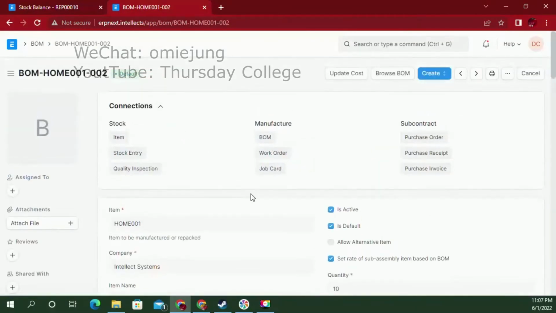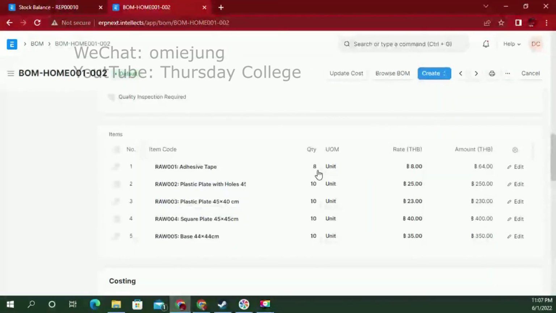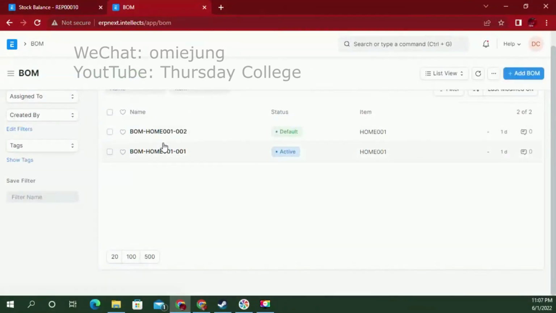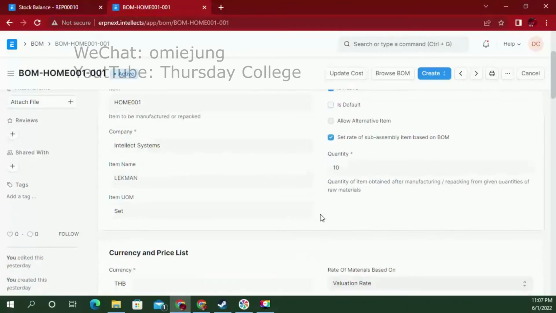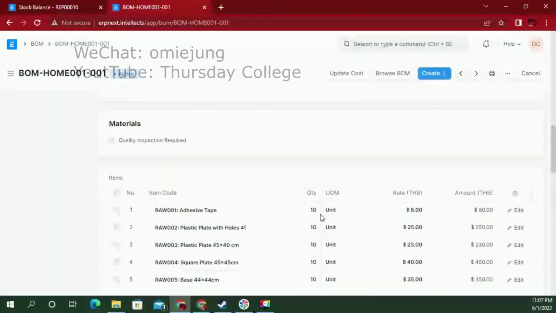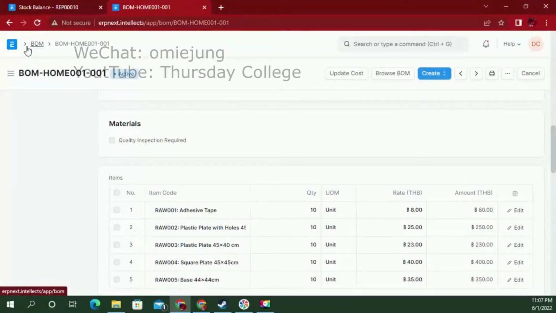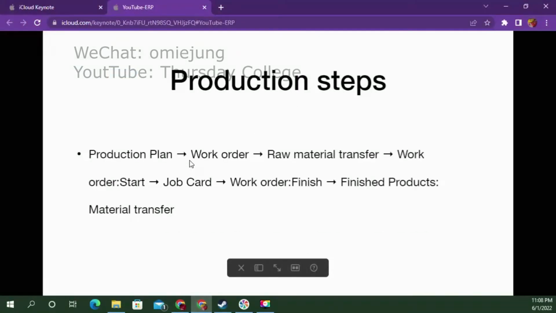This one is the BOM that needs to spend only 8, and this is the old BOM that spends 10 units. The last time, we needed to reverse the operation, but we cannot reverse it by just reducing the raw material immediately, so we need to cancel the finished product, the material transfer. So what we need to do is go